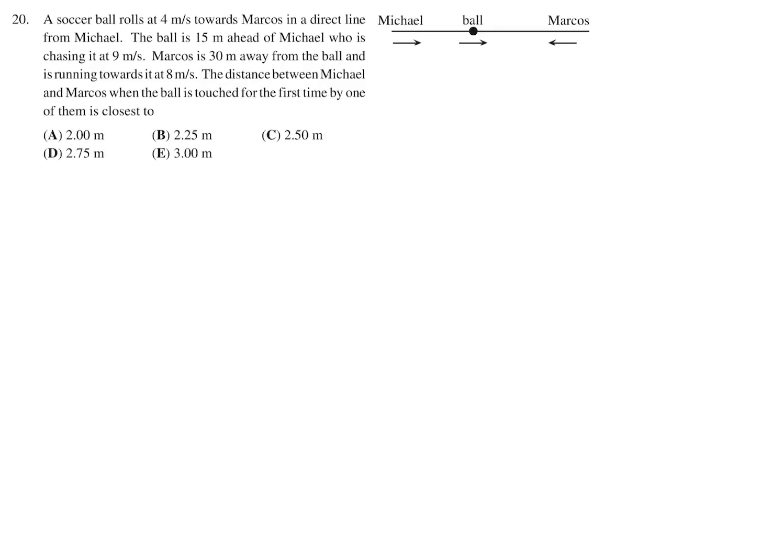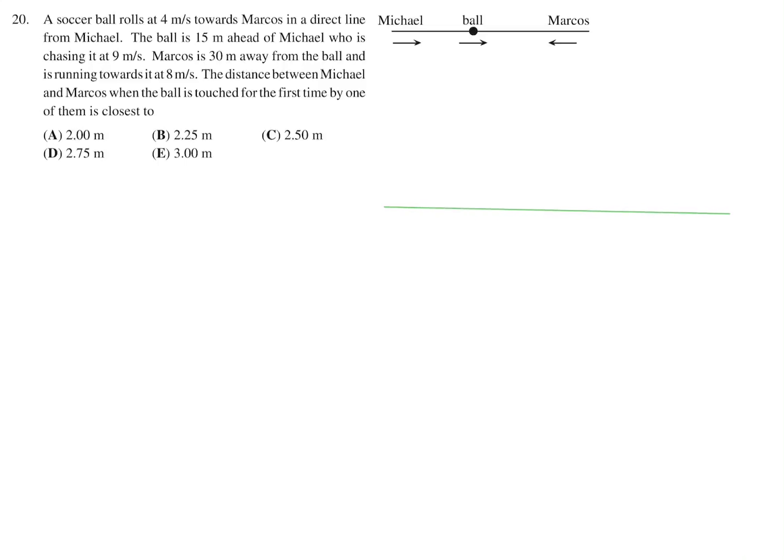A soccer ball rolls at 4 meters per second towards Marcos in a direct line from Michael. The ball is 15 meters ahead of Michael, who is chasing it at 9 meters per second. Marcos is 30 meters away from the ball and is running toward it at 8 meters per second. The distance between Michael and Marcos when the ball is touched for the first time by one of them is closest to. So initially, you've got a scenario like this,